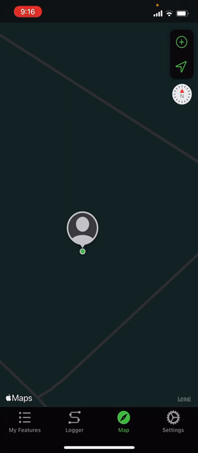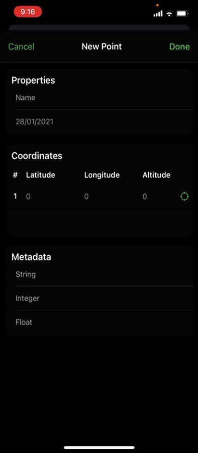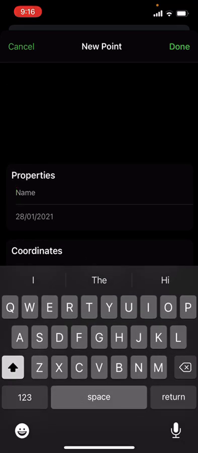Okay, so here I am. I'm sitting at a table in the Botanic Gardens. I'm going to record its location, so I hit the plus button at the top of the right hand side of the screen. It will be a point. We'll use a point location for this. Okay, and so in the top here I'm going to enter table